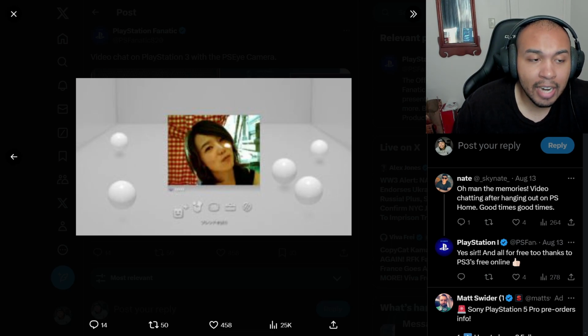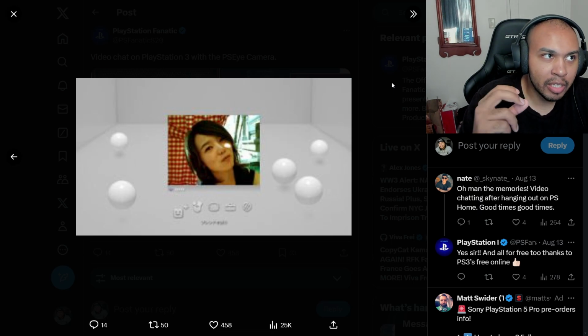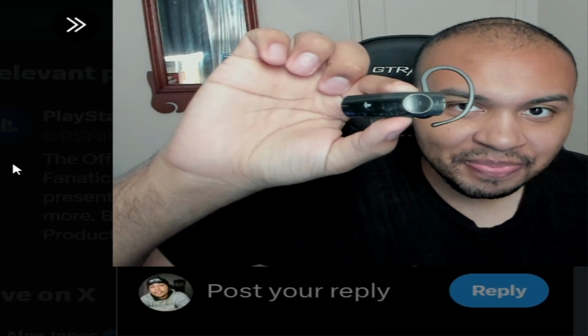For me personally, I never really got a hold of a PlayStation Eye Camera, so I can't really relate to it, but I did end up getting a hold of a PlayStation Bluetooth earpiece. Hold on, I'll try to find it. So this is what I'm talking about. This little thing